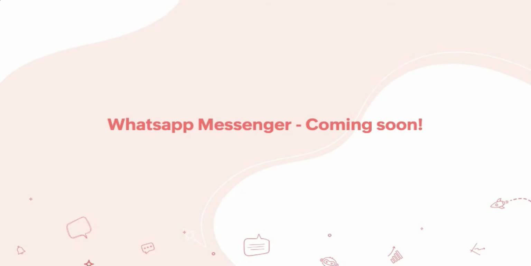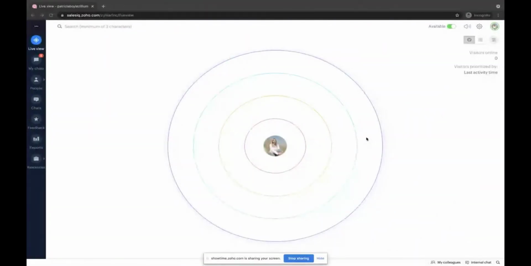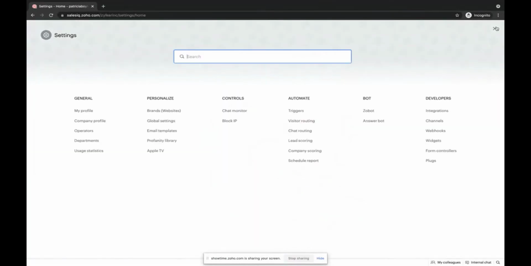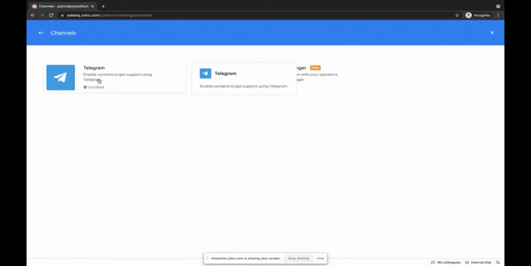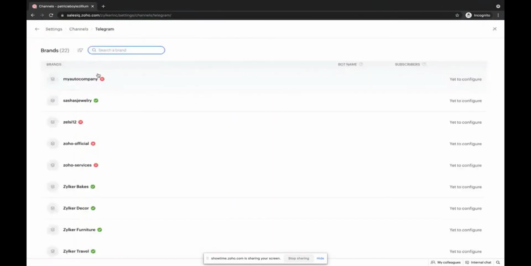So now that we know about channels in Zoho SalesIQ, let me show you inside the SalesIQ 2.0 portal where you can set up these channels. Let me just quickly share my screen. I hope my screen is visible to all of you. So I'm just going to go into my SalesIQ portal. I've clicked on settings, and then I'm moving into the developer section and I'm clicking on channels. So here I can choose the channel of my choice and I can start setting it up.